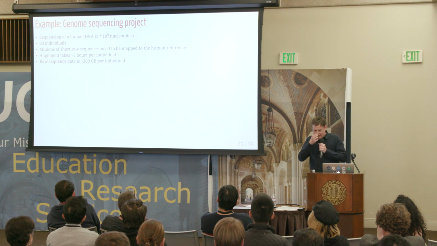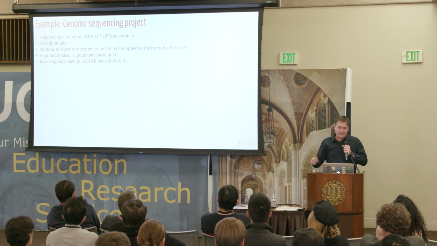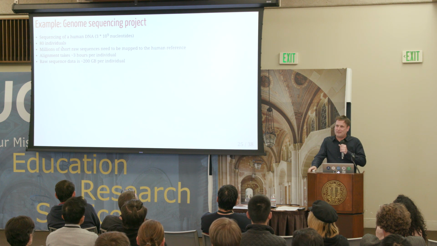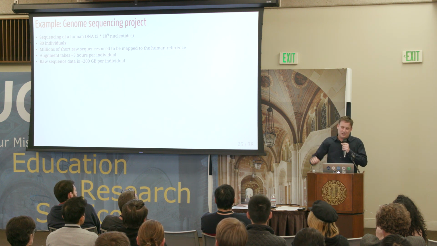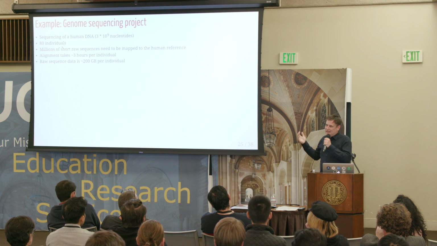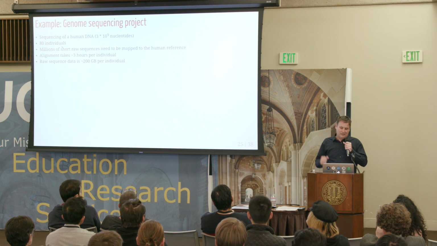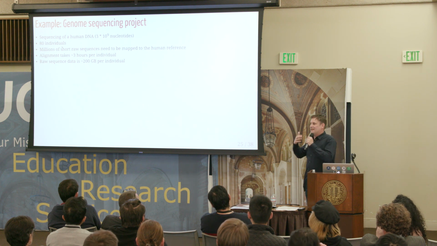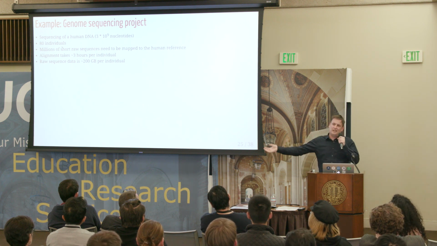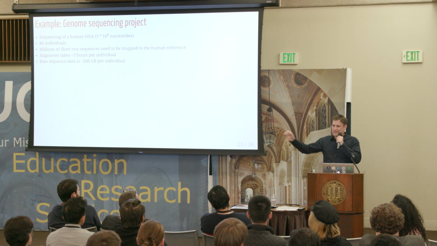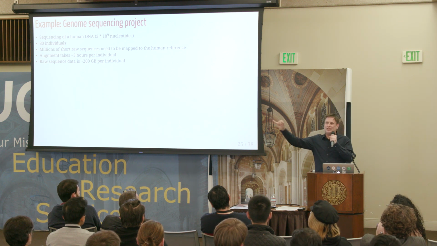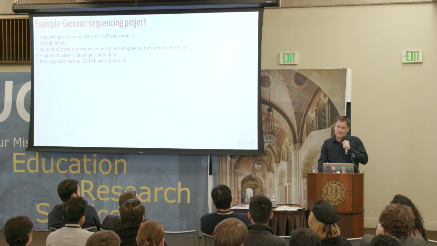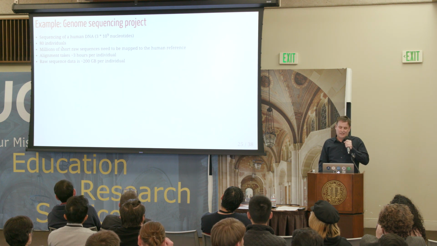I'll give my background to it. I work in genomics mostly. The genome has about 3 billion base pairs, ACGT. This is a project with 80 cancer patients, tumors. The very basic thing when you do a genomics study these days is you sequence data, you get lots of small reads, and you want to map them to a reference genome. It's a tedious task and can take a very long time. In this example, it's 3 hours per individual, and the data is 200 gigabytes per individual.